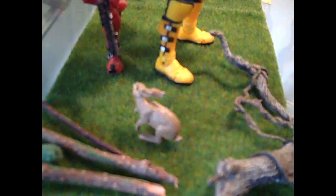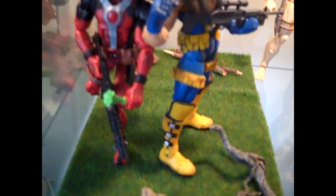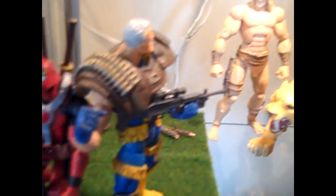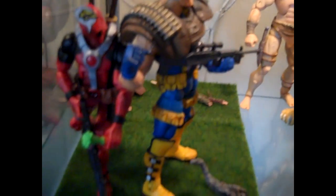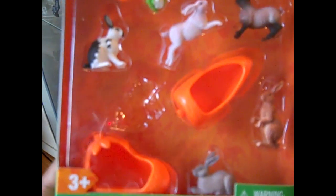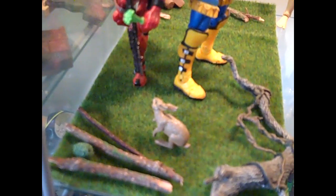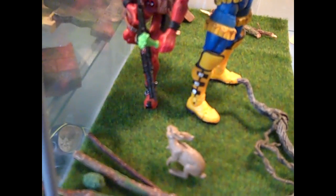So this was the little rabbit that I showed in the contest entry for JD Max 6314, and just to let you guys know, these little Animal Planet packages are where I got the rabbit and the cats from. Well, this one is all rabbits. There's one with cats, one with puppies, and some larger ones with other animals like a polar bear and different things that look like they're in scale with 6-inch. So I think it works pretty well for some added detail in the piece,